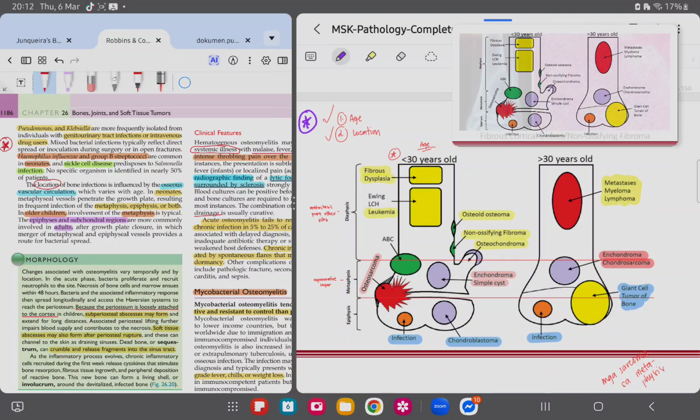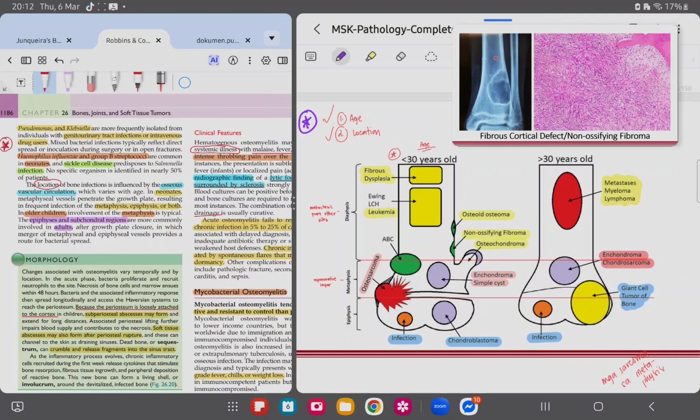So there can be case-based questions. Very common, like for instance for osteosarcoma, a 17-year-old male with a lesion at the distal femur, at the knee, and then imaging studies were performed, and you see a destructive lesion extending from the metaphysis to the epiphysis. Again, you just have to look at the image and confirm whether it's an osteosarcoma or not.